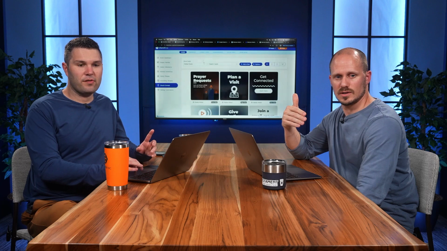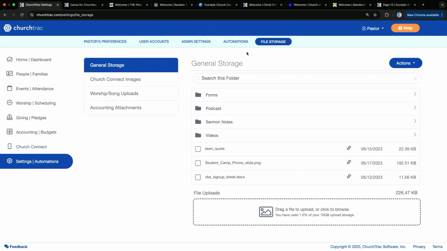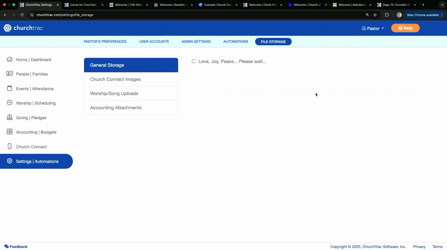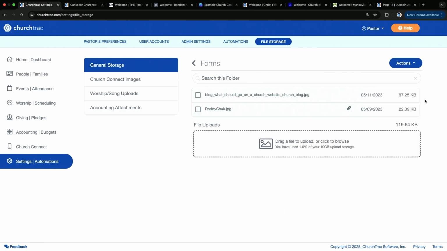Yeah, so here's what you would do in this situation. You would go to your file storage in settings on ChurchTrac, go to file storage, and then whenever you have a file, or a folder for that matter, you can go on here and select something. It's been a hot minute since I've looked at this feature, Matt, but you can make files shareable, and you can actually have that file, the